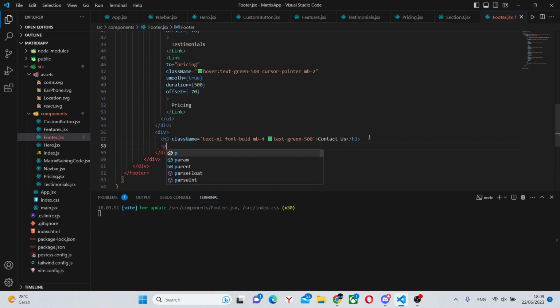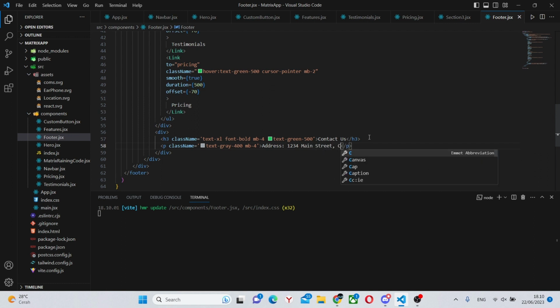Under here we can have a p tag with a class name of text-gray-400 and mb-4. It can say address 1234 Main Street, city, country.